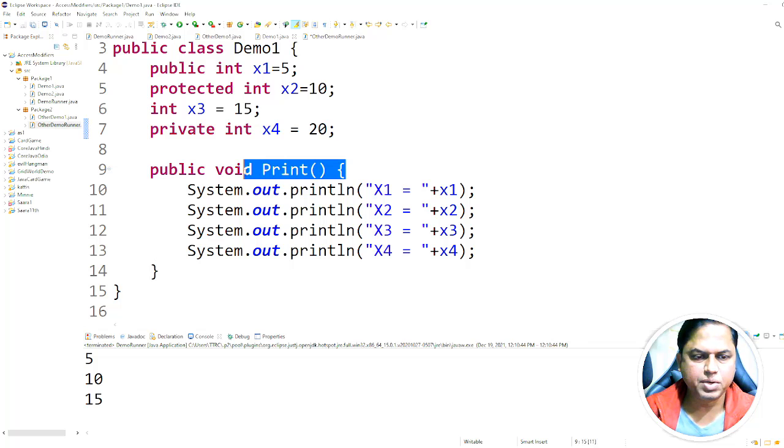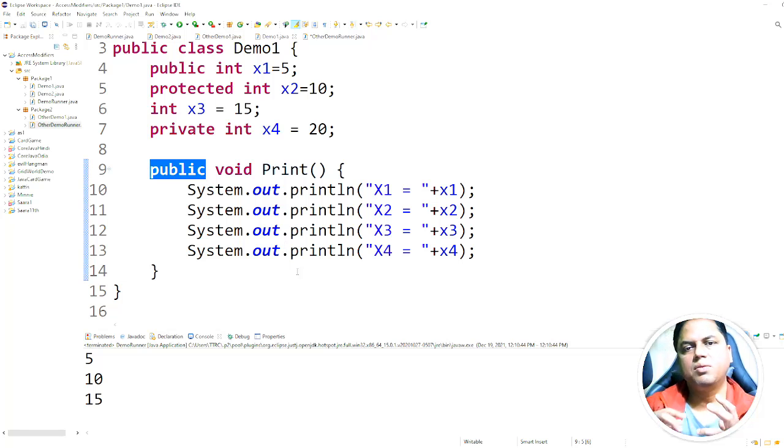So this method, the print method, is public, but you can provide other modifiers like protected, default or private as per your requirement, and test it in the same way we tested for our variables. Okay,